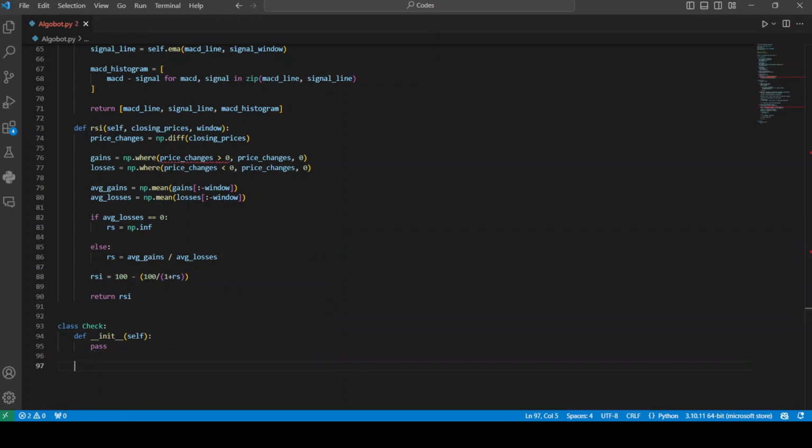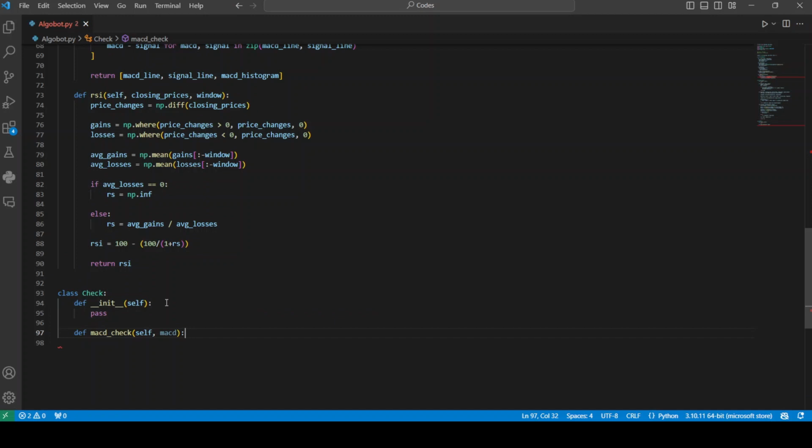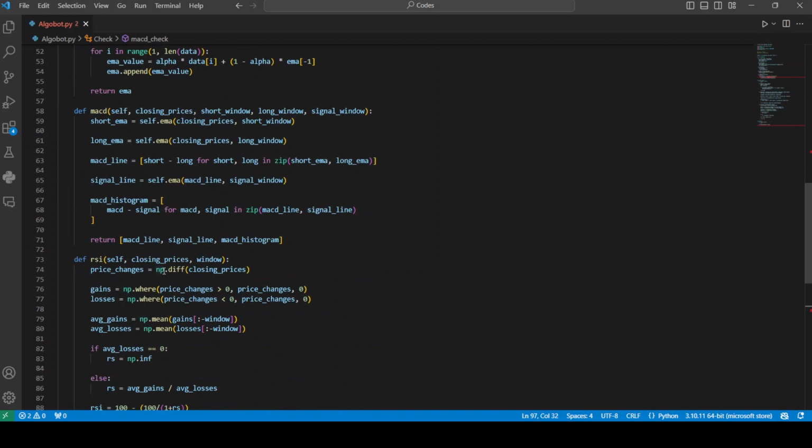So the first thing that we have to do is check whether the MACD symbol will give us an indication of whether we should buy or sell. So we can just say def MACD check, and once again give it self and MACD. This is where the coding can be a little bit different for different traders. It will depend on what exactly you're looking for, whether the MACD crosses above or below the 0 line, or line crossovers, or the length of the histogram. These things can all be different depending on the trader, but for this demo, we're just going to be using